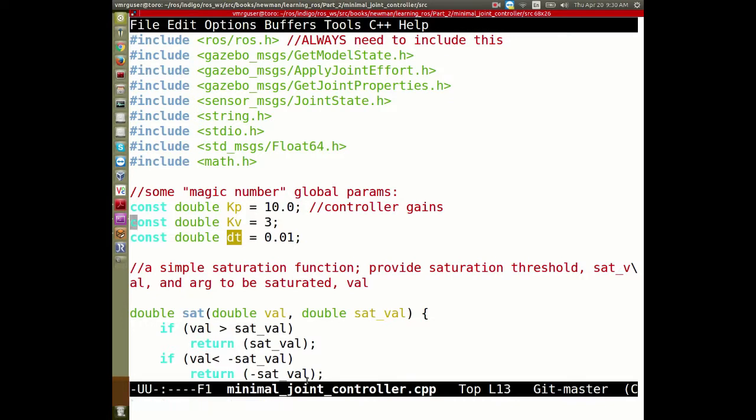Then we have a saturation function. If you don't remember what saturation is, it means it's the limit of the actuator. We can have different kinds of saturations. We can have joint limit saturations. You can tell the robot, hey, move back here, and then you can't move further. So you saturate the joint, but also